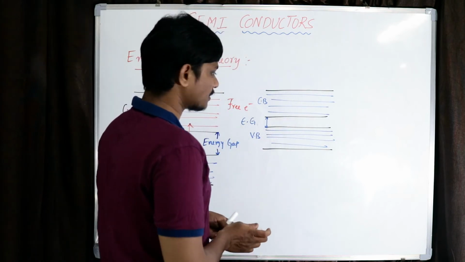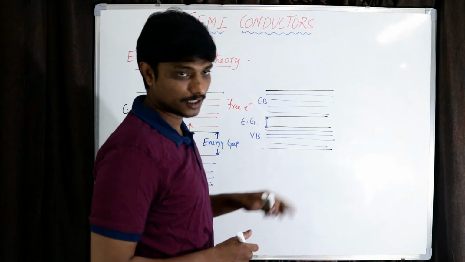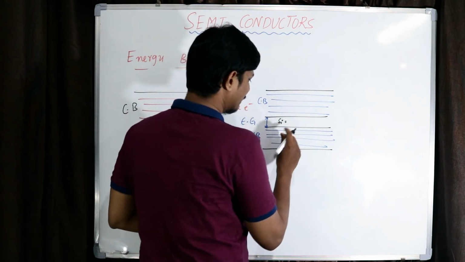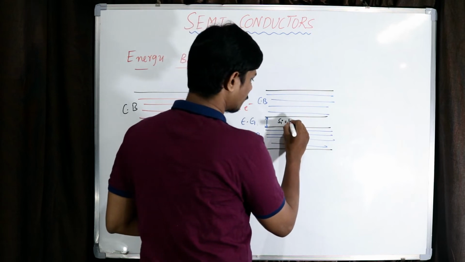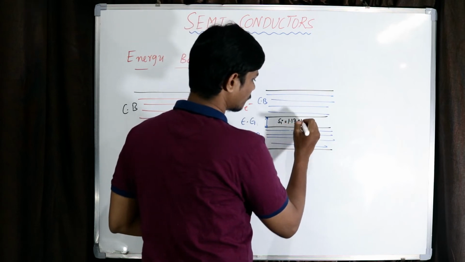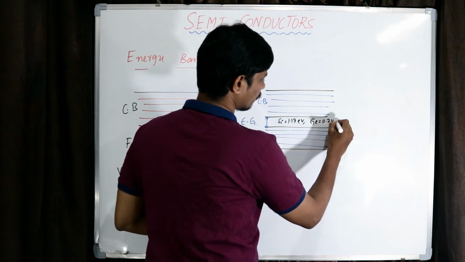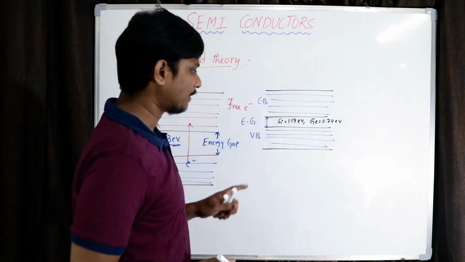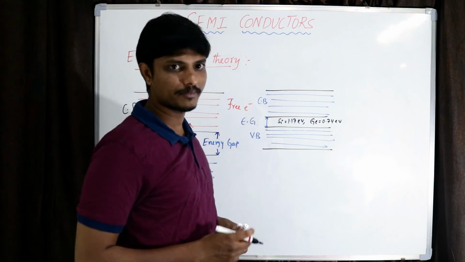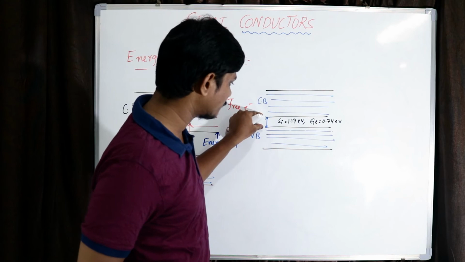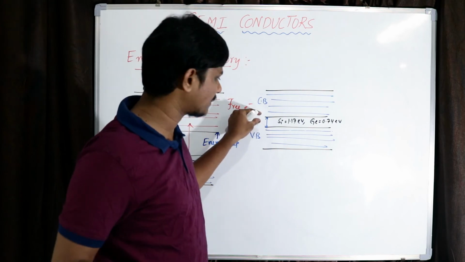For semiconductors, I am talking about pure semiconducting material. For silicon, the energy gap is 1.17 electron volts. For germanium it is 0.74 electron volts. But when the same semiconducting materials are doped with external agents,